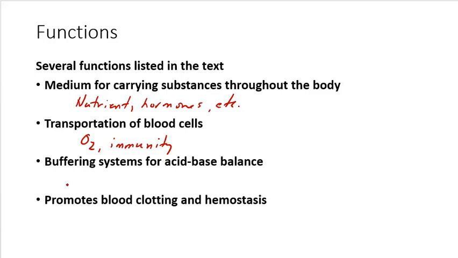The blood also allows us to maintain a normal acid-base balance, which keeps pH within acceptable ranges. Finally, the blood itself is important in hemostasis. Now that's the big medical word for bleeding control. This is a protective mechanism where blood clotting components are delivered to an injury site to keep blood loss to